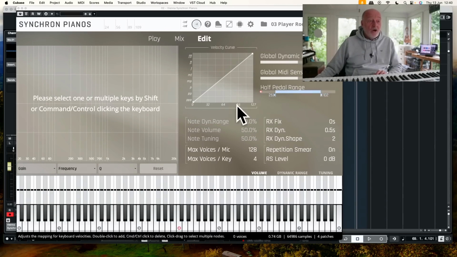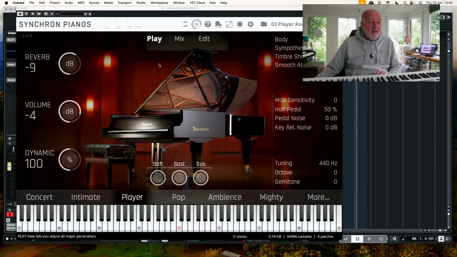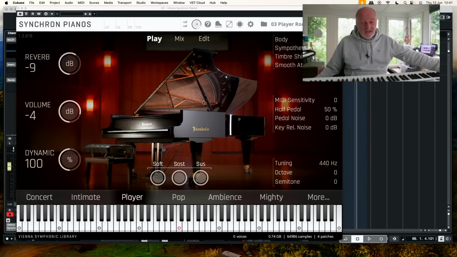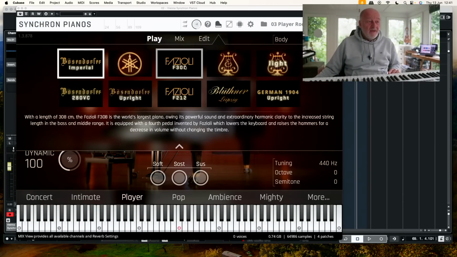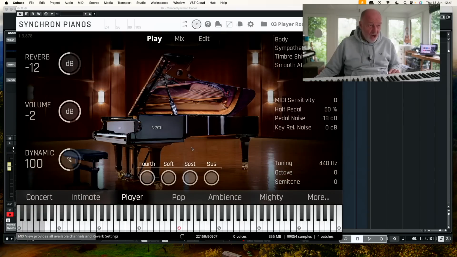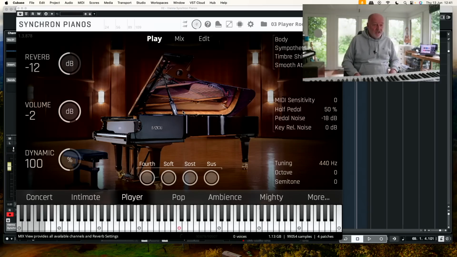You've got a lot of control over the actual playability of the instrument itself, as well as things like, do you want pedal noise? You can have more or less of that. So this is a very, very customizable offer. There you have the Fazioli 308, the largest piano in the world, which is suitably big and